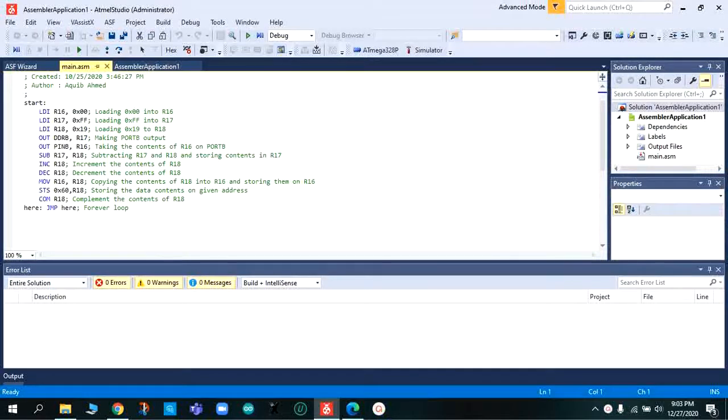Activity 5 is to implement STS, JMP, MOV, OUT, SUB, INC, DEC, COM commands and write your comment about their function. Here is my code. Loading 0x00 into register 16, loading 0xFF into register 17, loading 0x19 into register 18, making port B output, taking the contents of register 16 on port B, subtracting register